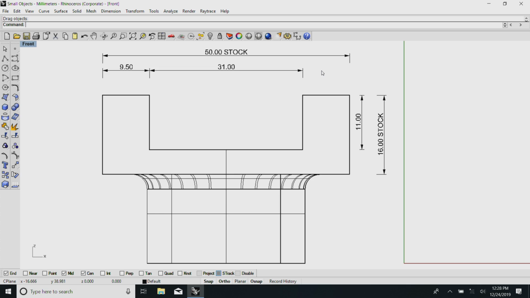We just need to cut it to length and afterwards make a 31 millimeter by 11 millimeter groove inside.